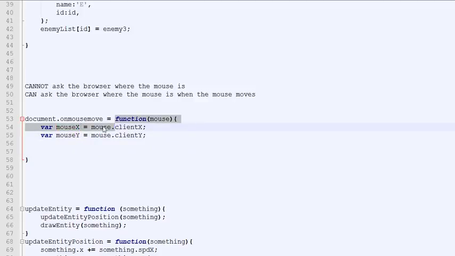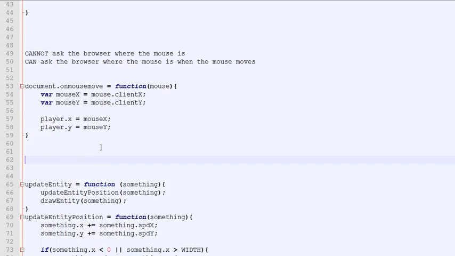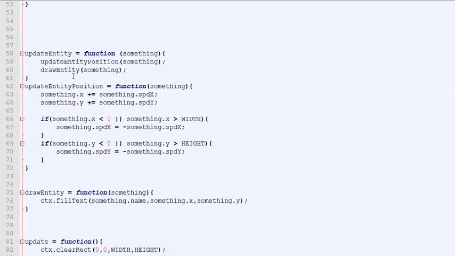So this function is called every time the mouse moves. And then we can simply apply the logic here. So let's say that what we want to do is to set the position of the player to the position of the mouse. So now everything seems fine, but there is still a little problem, because in our update